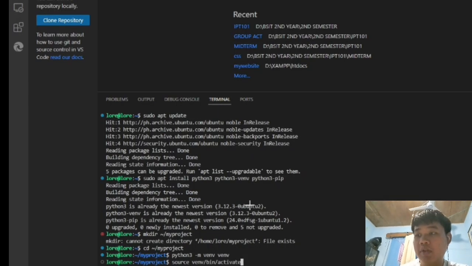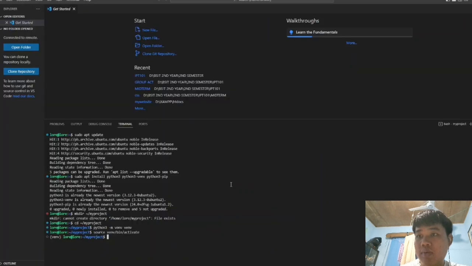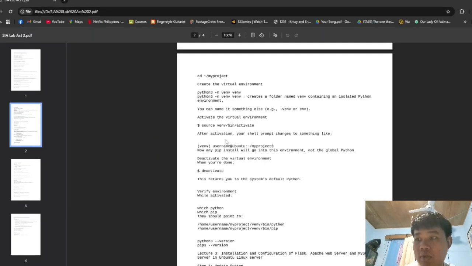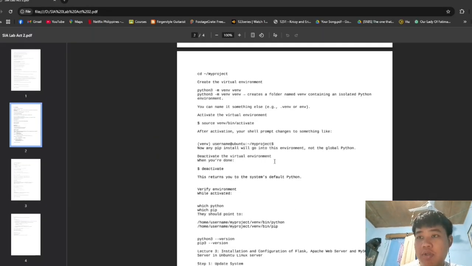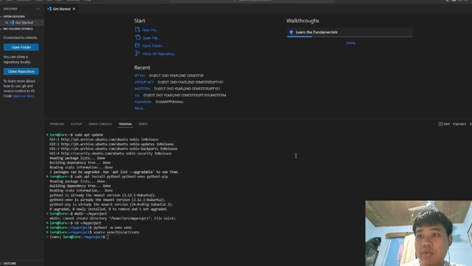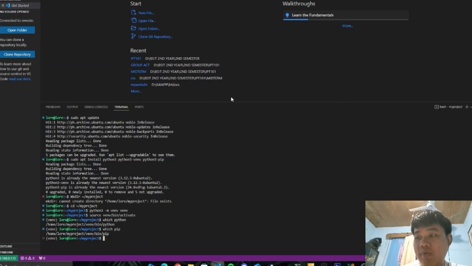And then after activation we can check which python, and which pip, and then we will type python3 --version so that we can see the version of our Python, and then the pip version.